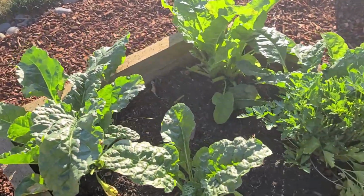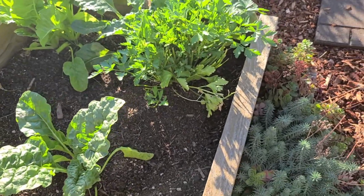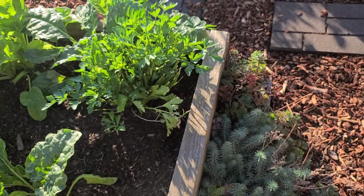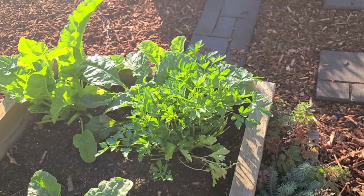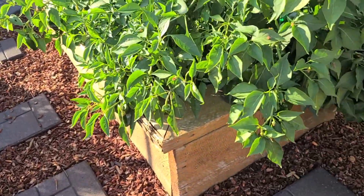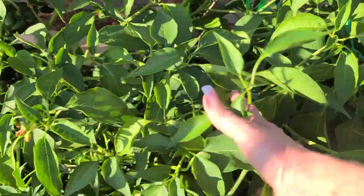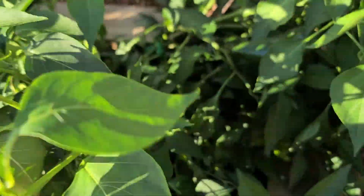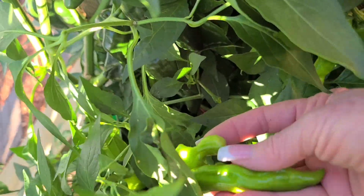Swiss chard, look how big. Just in a few days, literally. The chard and the parsley, I'm going to dry some more parsley. And this chard is getting ready to give me enough to can again. I do have that shishito pepper in here. Yeah, and I have used these in a couple of things. They're delicious. That was supposed to be a habanero, but...